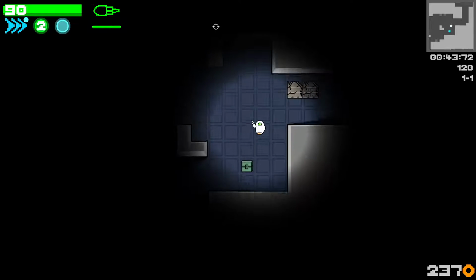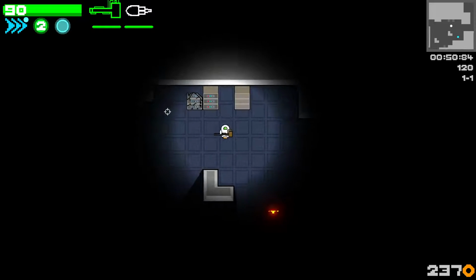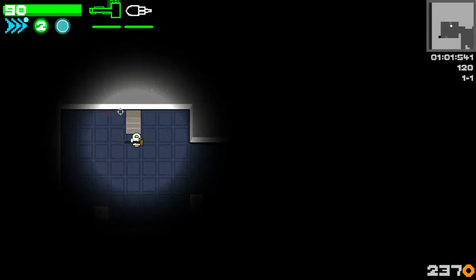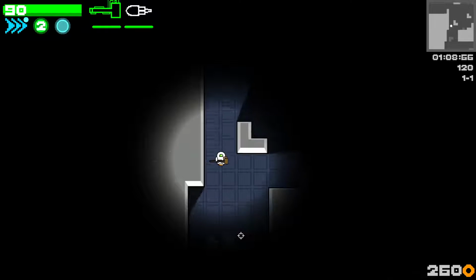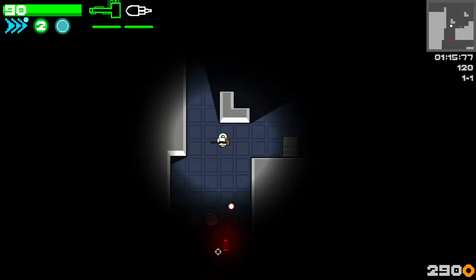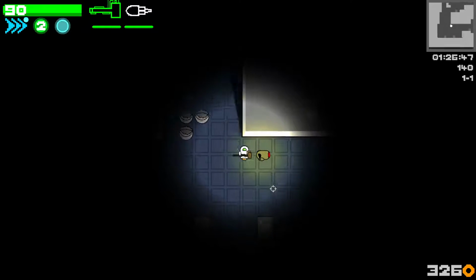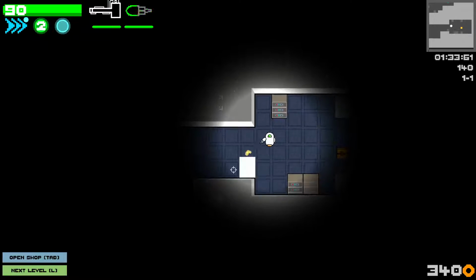Not sure what I have to say about these sort of indoor type of maps here, but whatever. Here's the hammer. By the way, it seems like with the hammer I move faster, so interesting. Two hits of a hammer and these guys are dead. I prefer shooting weapons, I think, for this type of game, so...